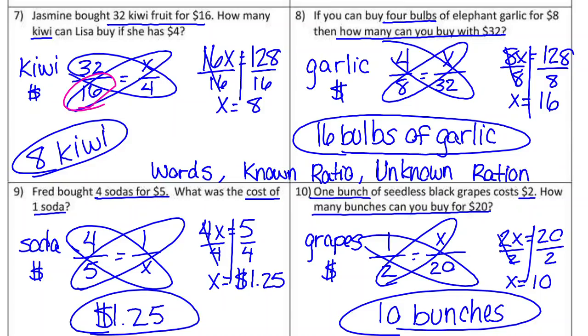For number 9, you were comparing soda to money. And it wants to know the cost of 1 soda, so you were looking for the money. That one came out to be a decimal with $1.25. And then the last one, 1 bunch of seedless black grapes was for $2, so 1 over 2. And I wanted to know how many bunches you could buy for $20. And you can buy